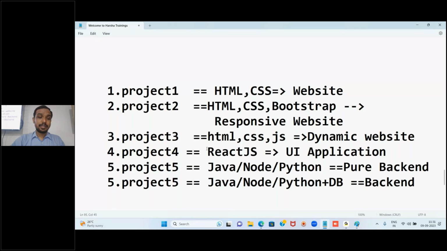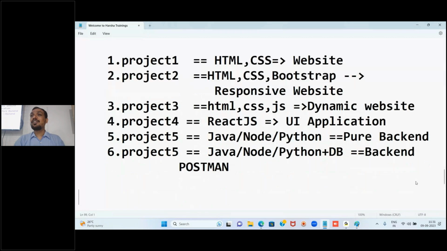Everything will be checked, and before creating the front end, we will check whether everything is working properly or not. How will we check the backend application? Don't worry if I write some new lines or new words; I will talk about all the things. There is one tool called Postman. This tool is very helpful for backend developers to check whether the backend they developed is working properly or not.